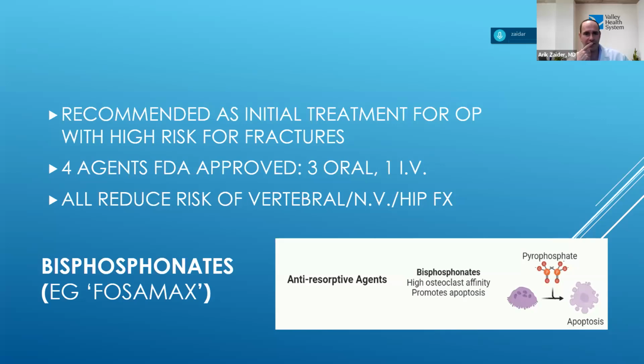There are many reasons for that, but it's not the only medicine in its category. There are at least 3 others. You may have heard of Actonel, Boniva, and Reclast. Reclast is the IV form of bisphosphonate, and it's given in the office. So it's a very nice medicine to use if you just don't tolerate the pill. If you have problems with it, it can be given IV.